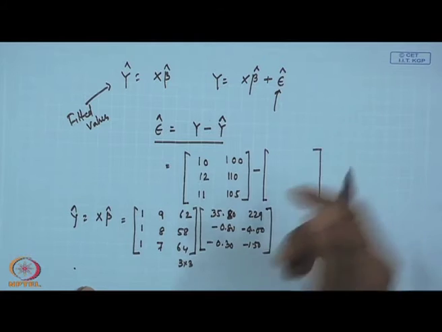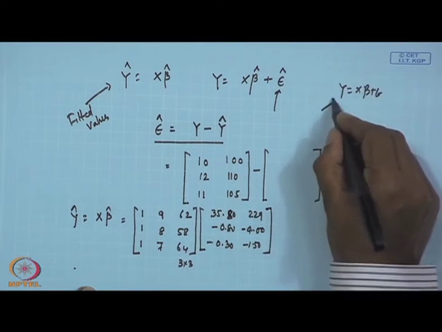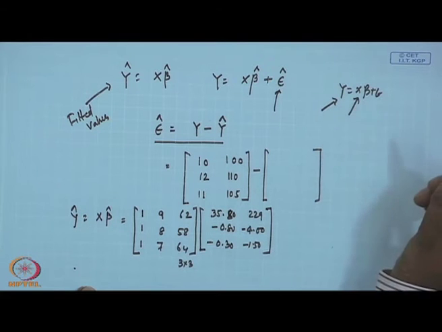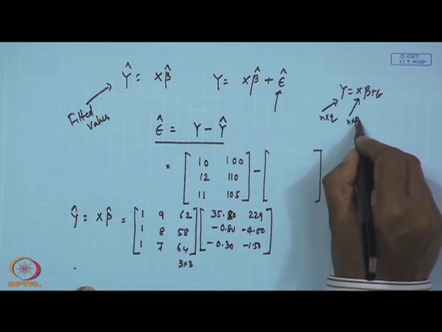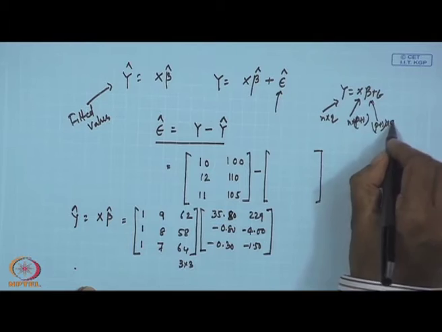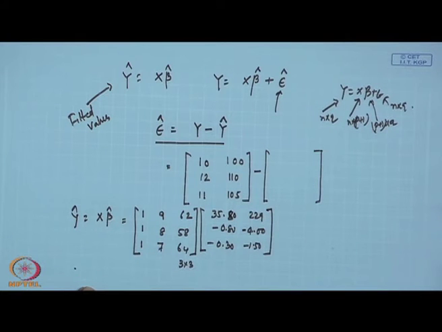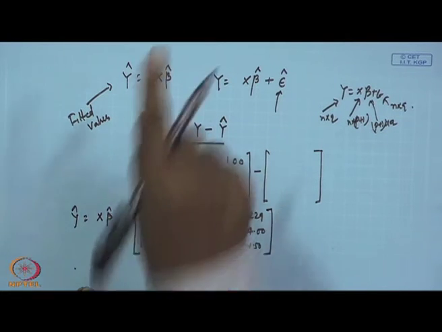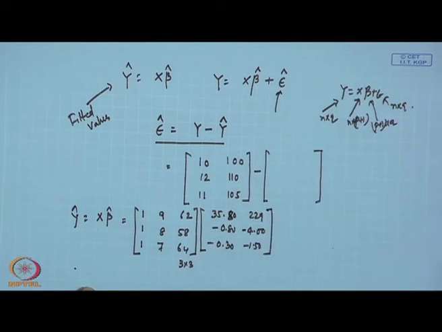So, when you have written y equal to x beta plus epsilon, please keep in mind we are writing in terms of the data matrix. Here, if it is n cross q, then it will be n cross p plus 1, then this one is p plus 1 cross q, and this will be n cross q. That is why, in the earlier format, we wrote not in terms of equations, variable only, but from the observation point of view. So, this into this is also 3 cross 3.